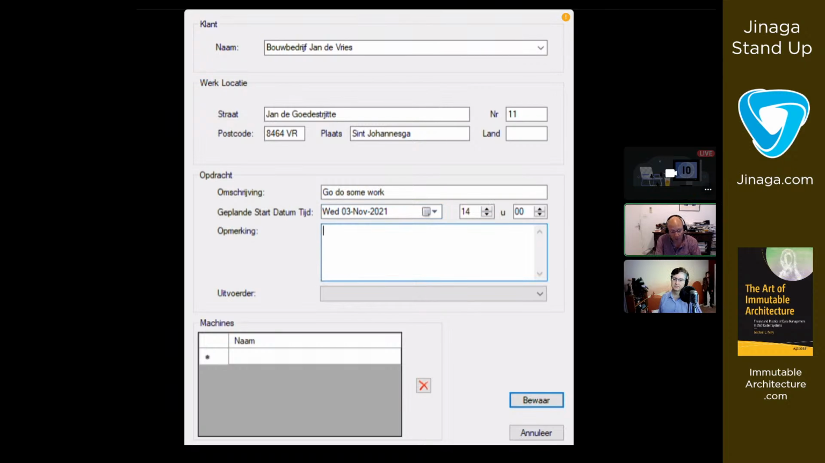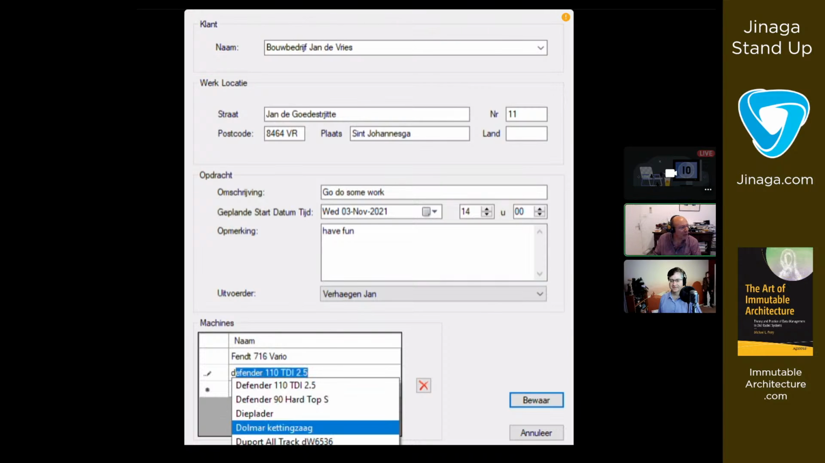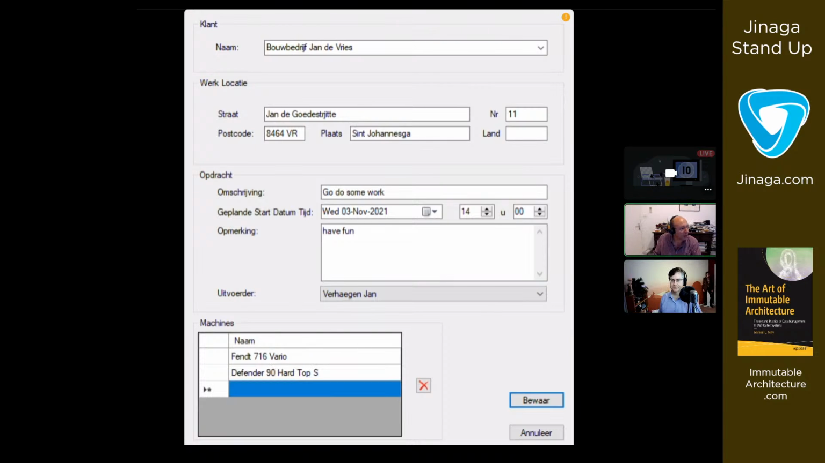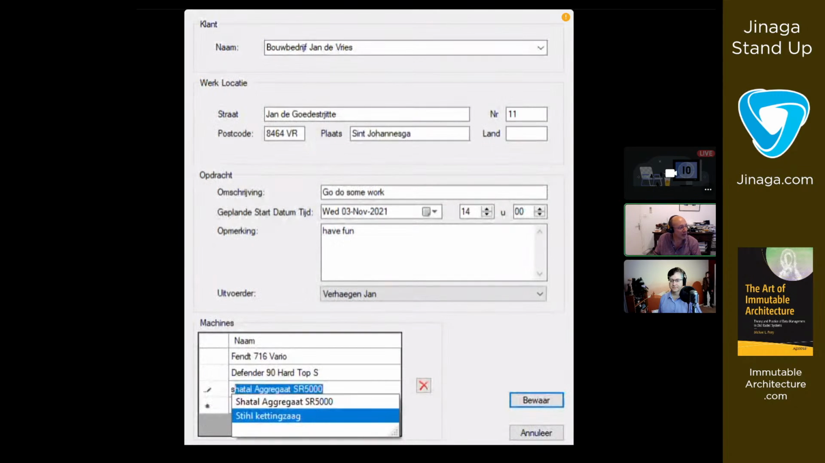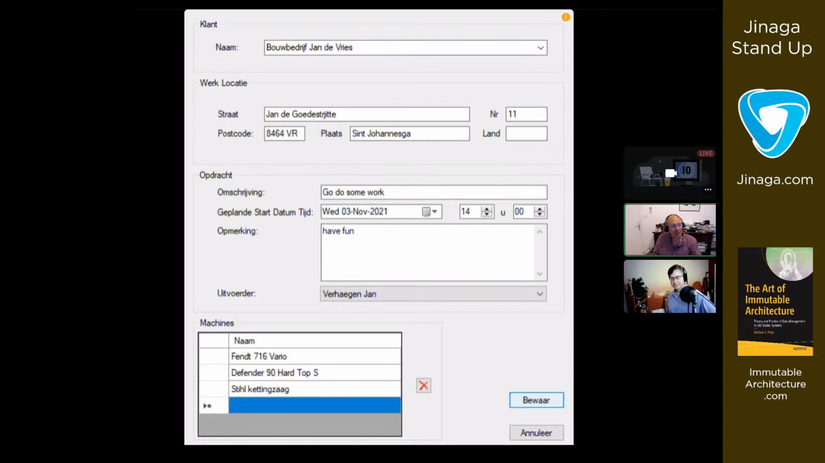I can add some remarks, have fun, and then I can select who has to go there. So if I say, okay, take Jan, then some machines, for example, there is already one with an F, and then a machine with a D, or a defender, I don't know, a car, and something with an S, Kettingzaag, that's to cut trees. So all these things, and then say save, and then it will be a new line in that